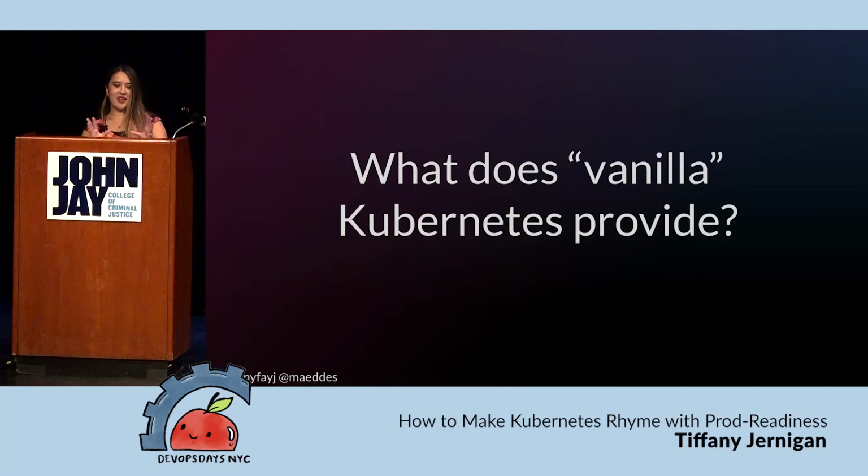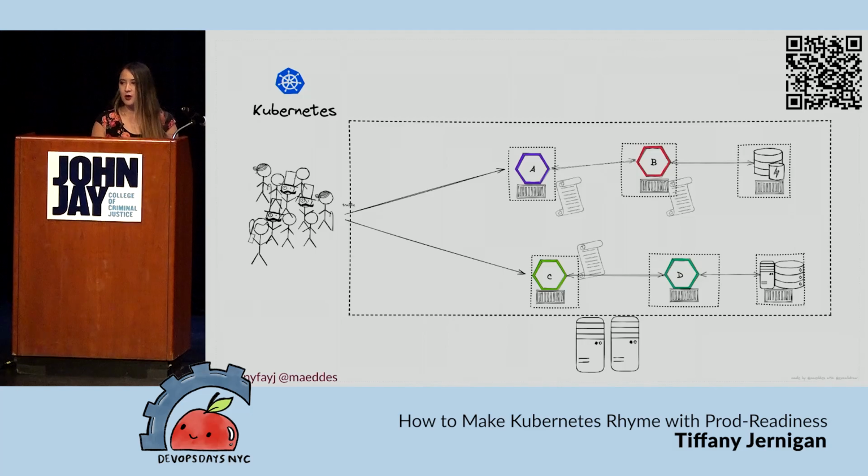So basically, now I'm going to go into what vanilla Kubernetes provides. Production readiness is a thing that exists without Kubernetes itself, but this is now going down the realm of Kubernetes itself and cloud native. Since most everyone raised your hand here, this is going to be a very familiar slide.